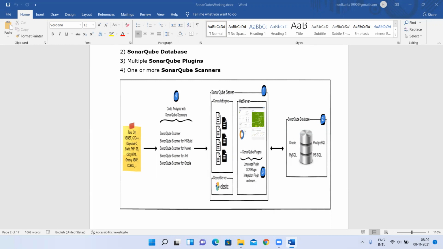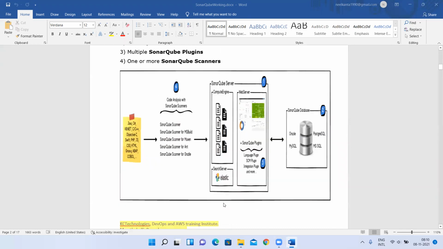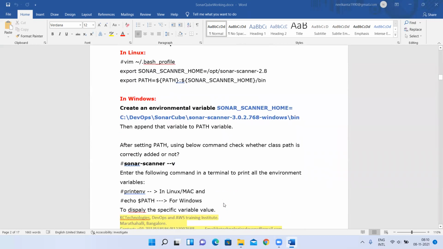So the SonarQube server and SonarQube scanner, we have to download separately, right? And then we have to set the path for Sonar scanner, but it is not required for the SonarQube server. I also said one point: you need not have both SonarQube server and scanner on the same machine. You can have them on different machines also. You can have the SonarQube server on one machine and the SonarQube scanner on the other machine. It will have a web server, which will give the web support, a compute engine, which will divide those based on categories, and a search engine for easy searching. All this we have discussed.